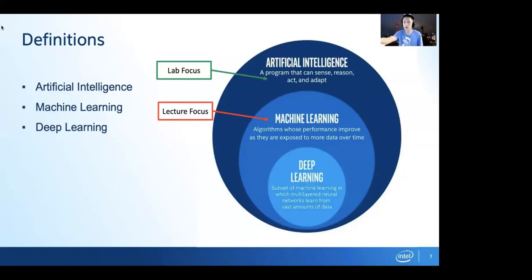So these are the general sort of three big ideas that we'll be focusing on in this class. Now, this lecture will focus on machine learning, which is about looking at data and trying to derive insights from that. And then our lab will sort of zoom out and remind you that AI is not just about machine learning. There are so many different forms of AI. And in today's lab, we'll be exploring one of them, which is using this thing called a Markov chain to be better than average or better than random at playing rock, paper, scissors. So very cool. Let's dive in.